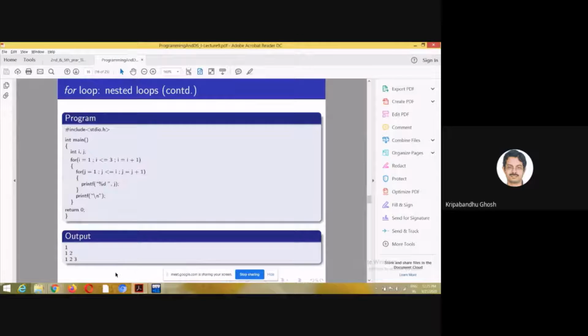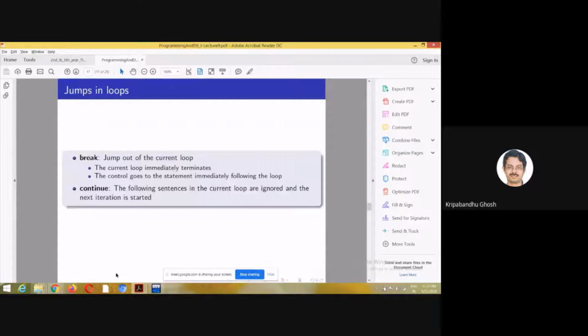Okay, so let's move on. There are jumps in loops. You can come out of a loop whenever you want, conditionally or unconditionally.